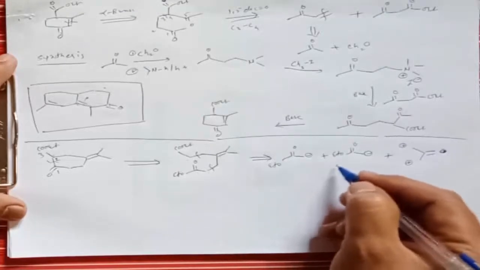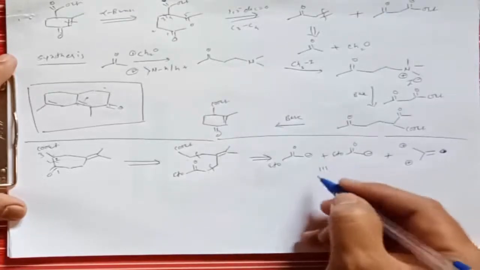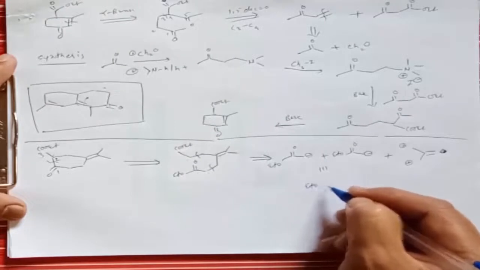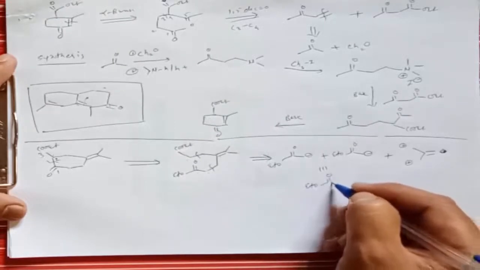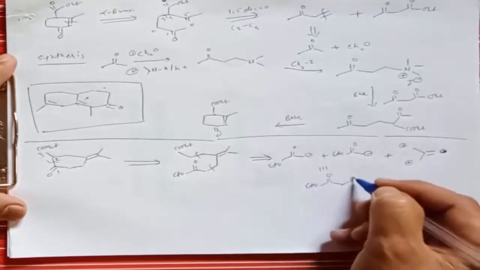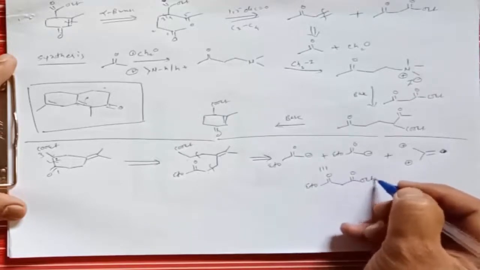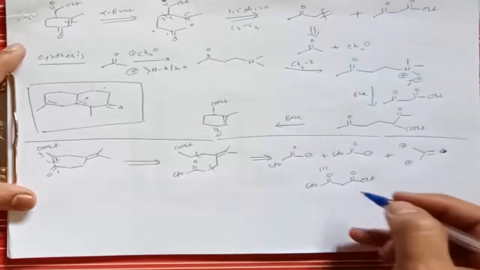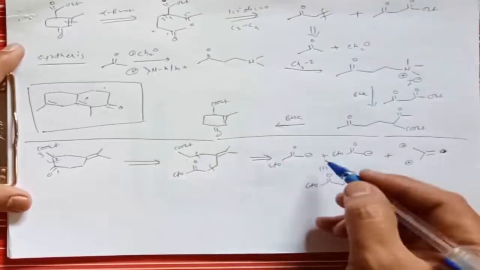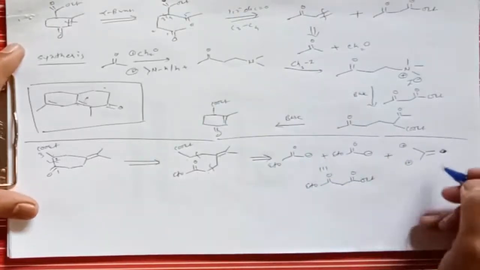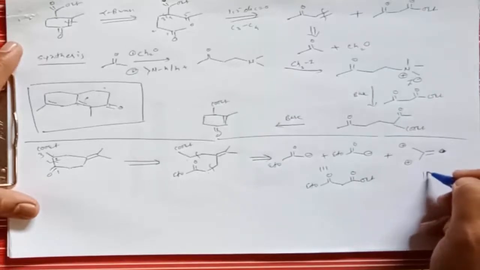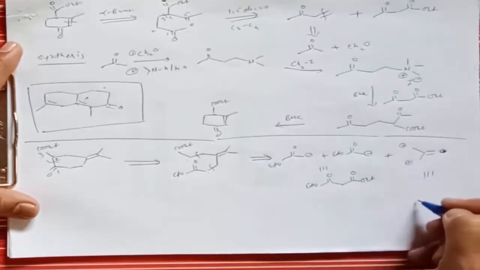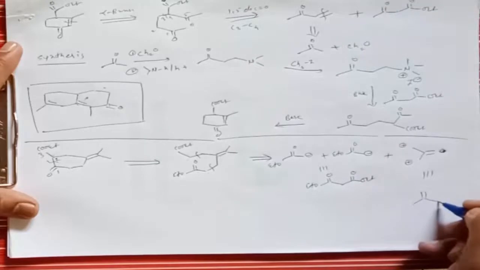So these molecules are the same, and therefore if you go for this activation and protection, you can take a molecule like this, COOEt, COOEt, right? So this is, we can say, a good synthetic equivalent for such a type of molecule. Now, for this molecule's synthetic equivalent, you can go for this double bond along with a positive charge.